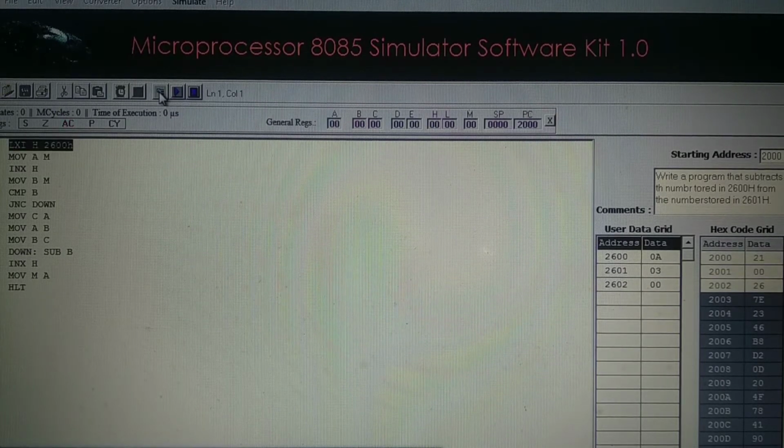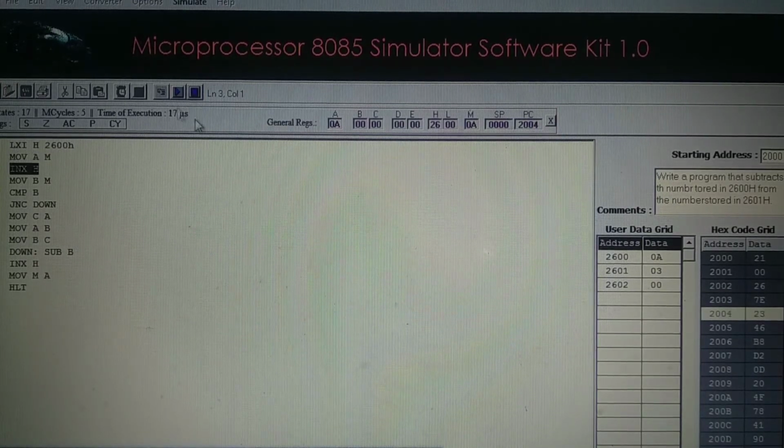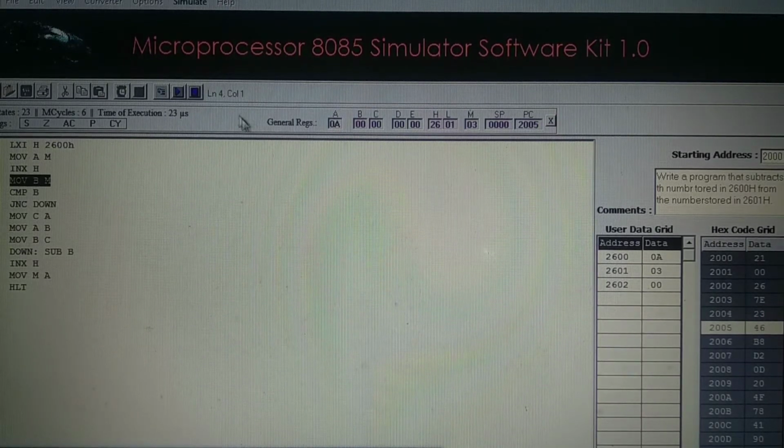Step 1, all the contents become 0, program counter to 2000. Next step, it goes to 2600, brings the number to the accumulator. Next, the number from this memory location is brought to the accumulator. Next, HL becomes 2601.